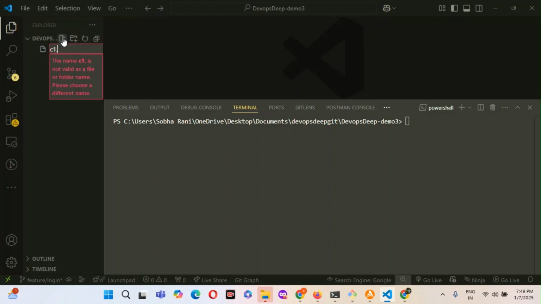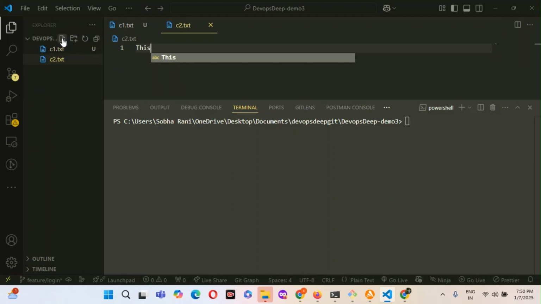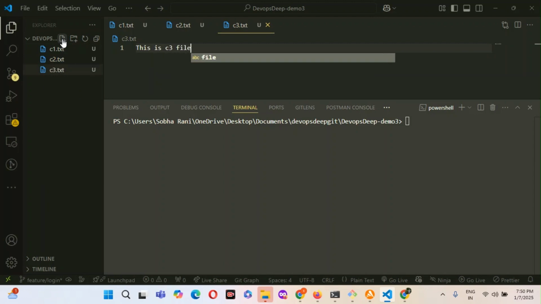File one is c1.txt, this is the c1 file. Another one is c2.txt, this is the c2 file. Another one is c3.txt, this is the c3 file. Okay, I created three files.